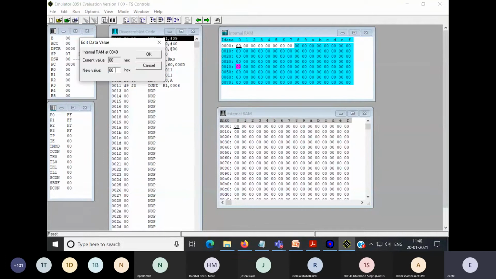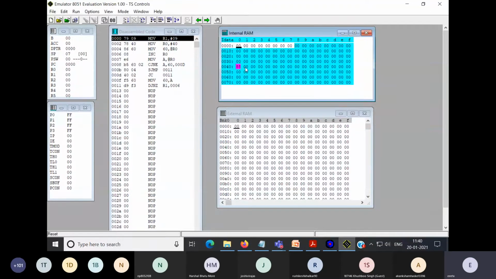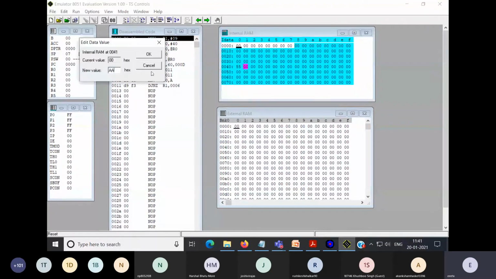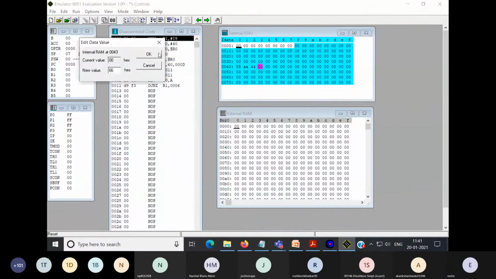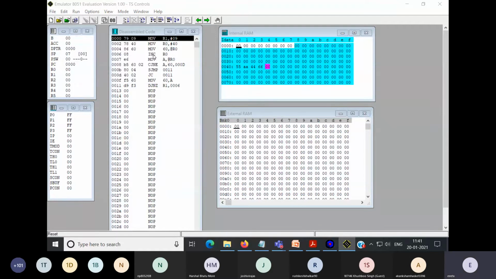In this small window, in the new value field, you have to enter your number. Randomly, you can have any 10 numbers here and store them, but make sure your numbers are hexadecimal.